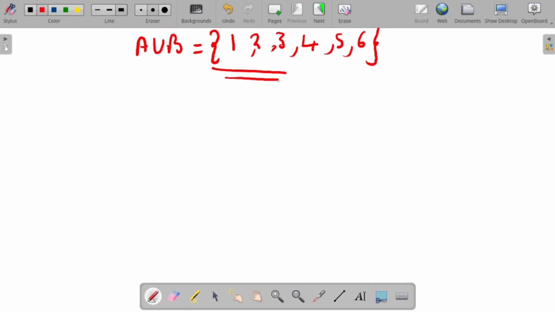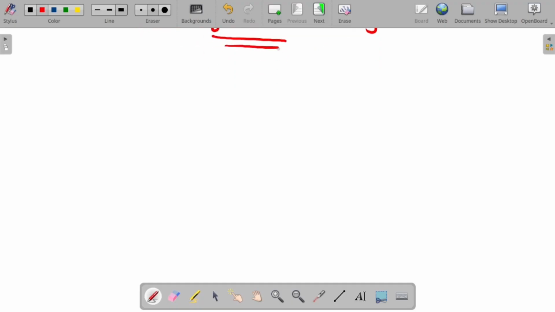I think let's move to the next set operation. In this case, it is intersection. So the intersection of two sets is the set of elements common to both sets. So the symbol for intersection, let me write it down here. Intersection, the symbol is ∩. So we know that if we were asked to find A intersection B,